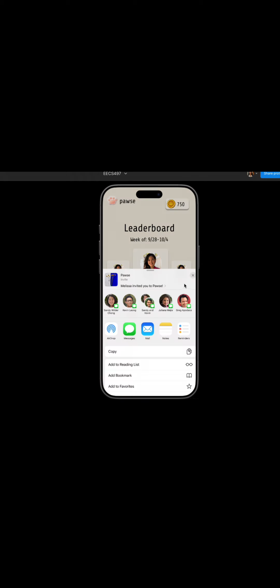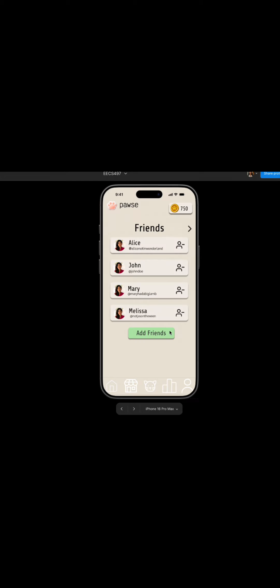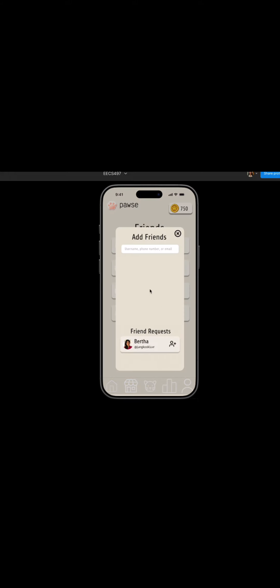Then we have our leaderboard, which has all of your friends as well as their session times for the week, ranked accordingly. You can also invite your friends with that button. Then once you go back here to the friends area, we can remove friends as well as add friends. You'll also be able to see your current friend requests and